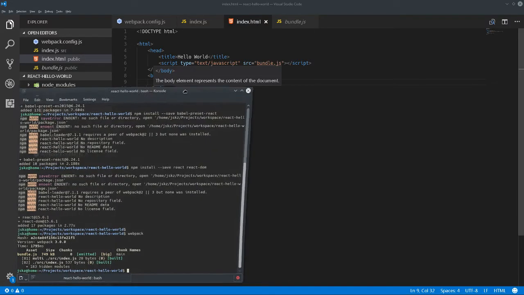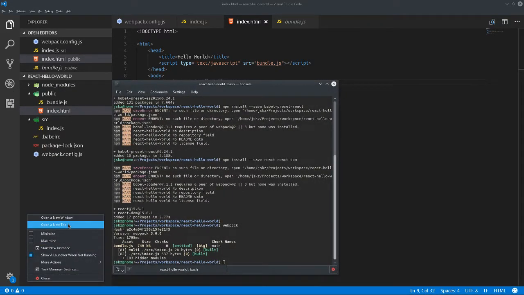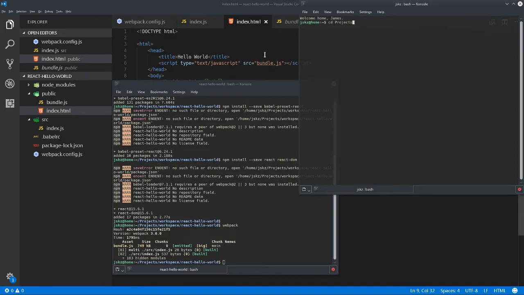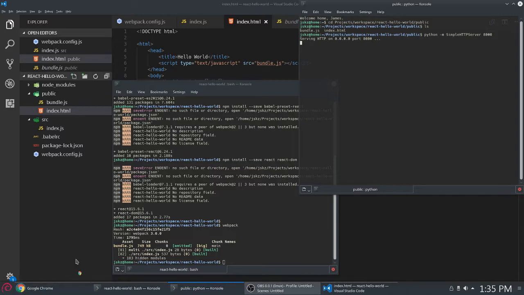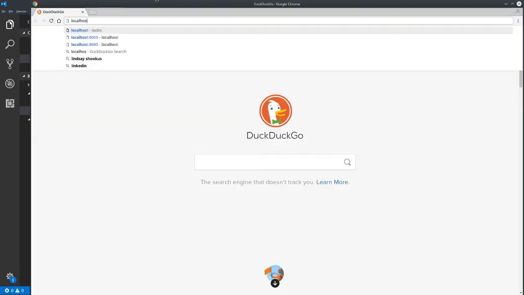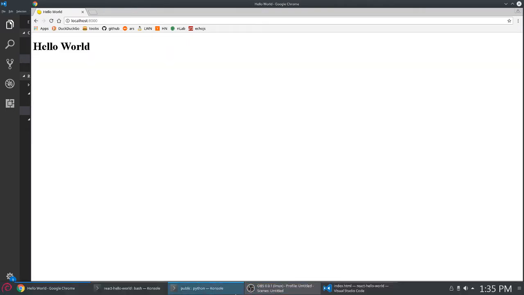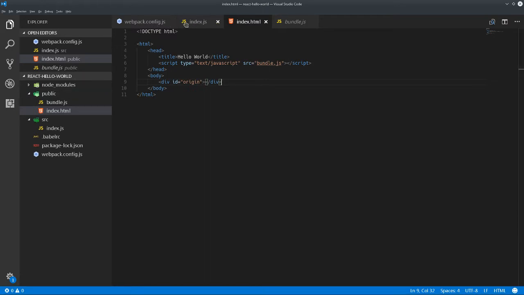Alright, so in order to get a peek at what we've done so far, we're going to go into that static file directory, that public directory we've created, and we are going to spawn one of the built-in modules here with Python called SimpleHTTPServer, and it just takes a port as an argument, so we'll say 8000, and it's going to serve up the current directory on the port we specify. So we'll open up Google and we'll go localhost 8000, and there we are. React is rendering JSX successfully on the client,